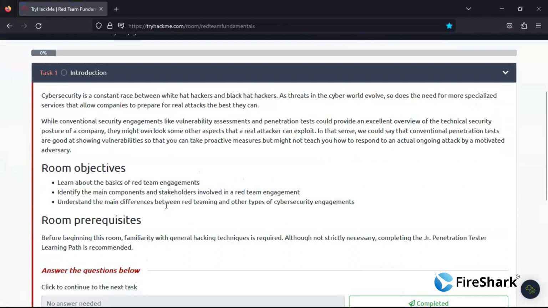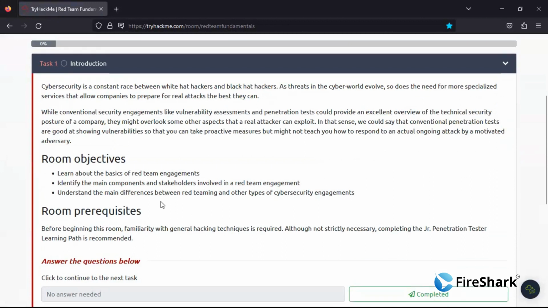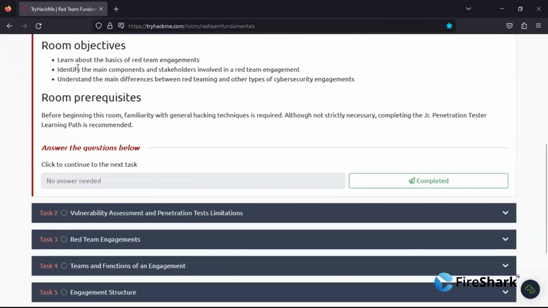Cybersecurity is a constant race between white hat hackers and black hat hackers. As threats in the cyber world evolve, so does the need for more specialized services that allow companies to prepare for real attacks the best they can. The objective is to learn about the basics of red teaming engagements, identify the main components and stakeholders, and understand the main differences between red teaming